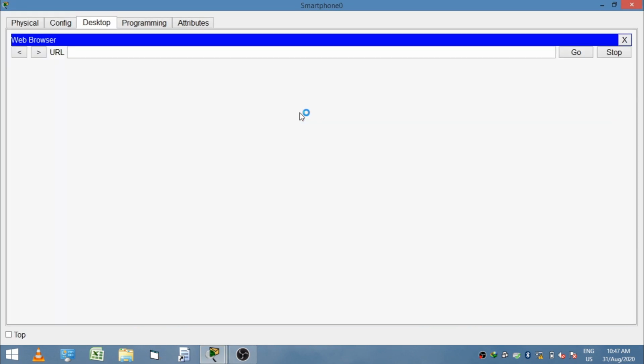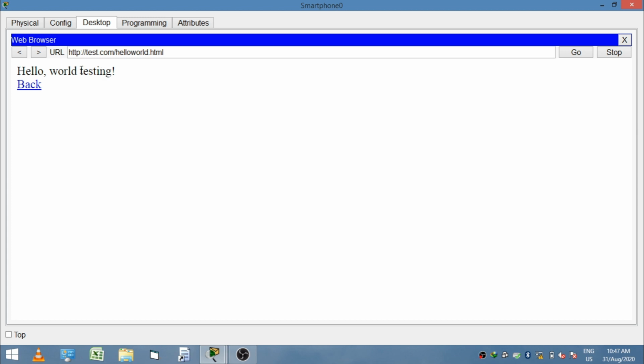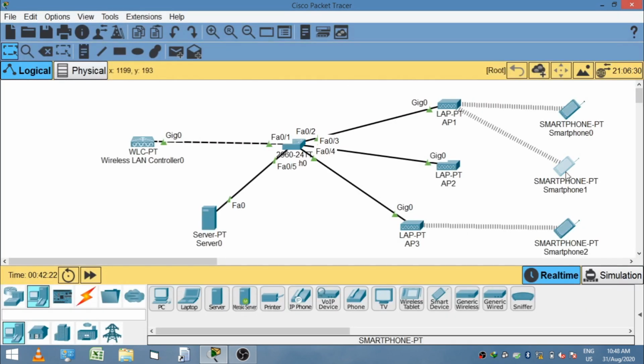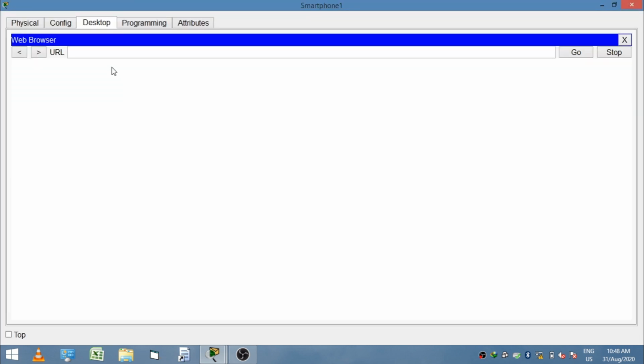Now click on any smartphone device, go to the desktop tab and go to the web browser, and now it is time to test whether the DNS server is successful or not. Go to the URL and write test.com, which I created in the DNS server. Then see the result.